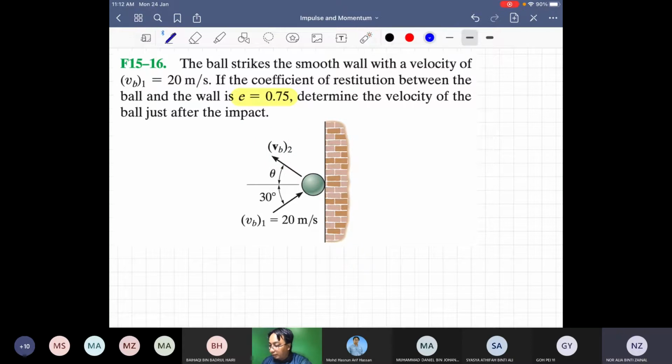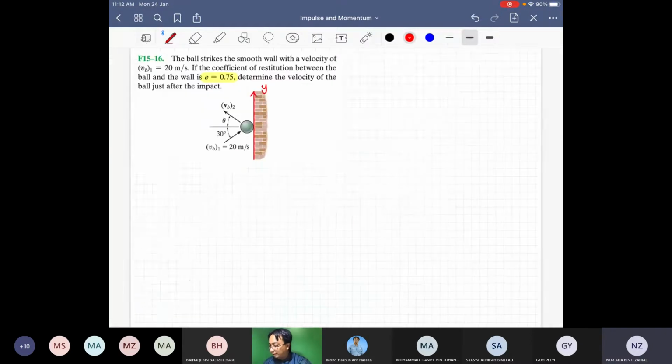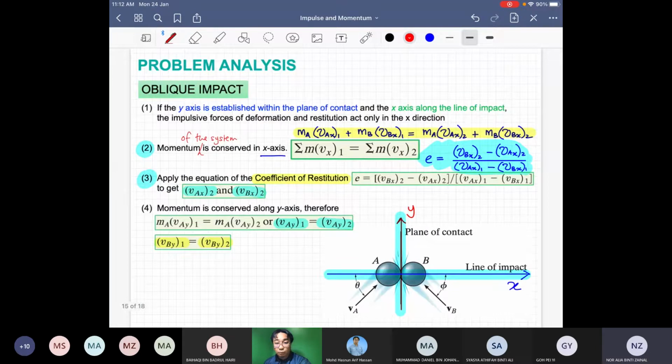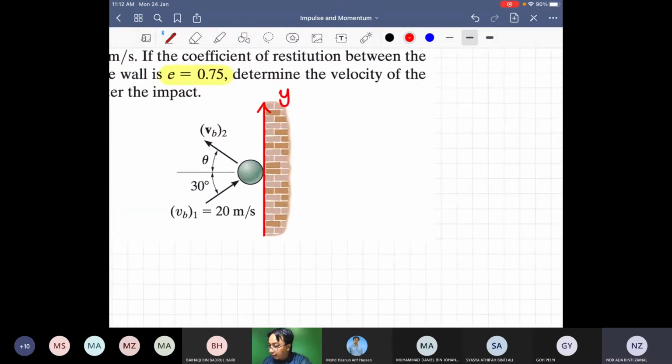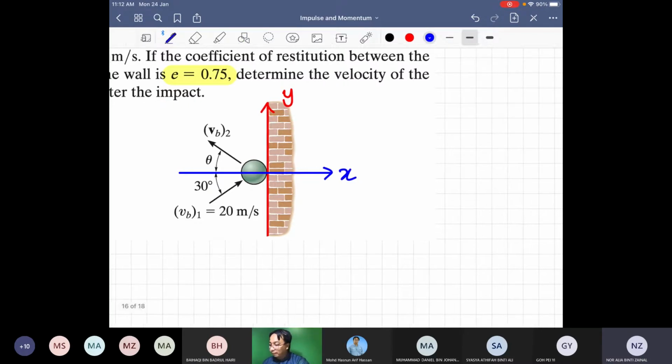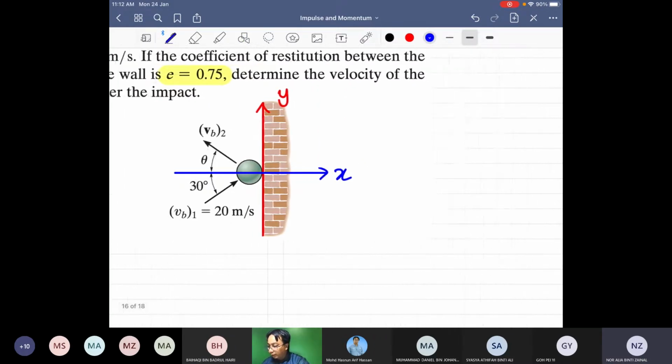Okay, so the first step tadi is to define kita punya coordinate system. So this will be the y-axis. Okay, ini y-axis. Ini apa kita panggil tadi? The plane of contact. Plane of contact is y-axis. And then the line of impact. You see this line of impact here, this will be the x-axis. So kita define coordinate system dahulu. Okay. Now once we have this,